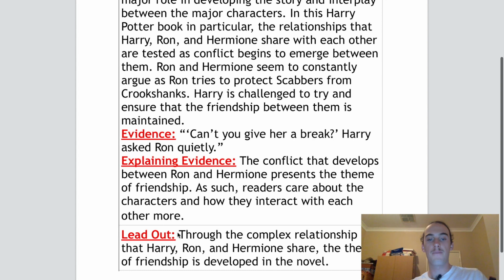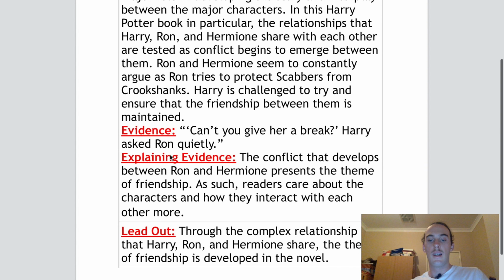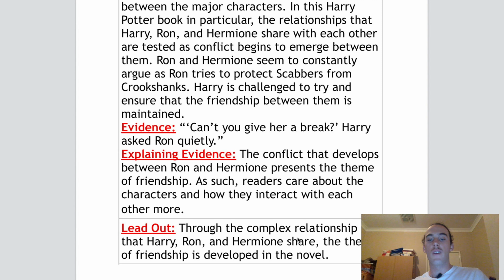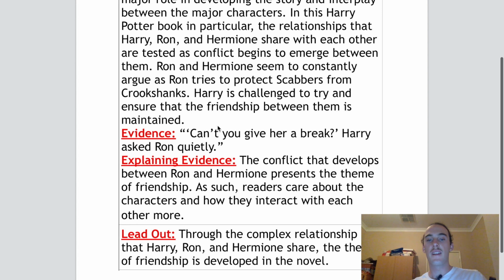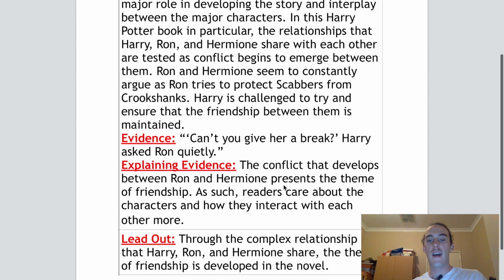So I'm leading out now, wrapping it all up. Through the complex relationship that Harry, Ron and Hermione share, the theme of friendship is developed in the novel. So I'm reinforcing my key points. I'm reinforcing what I'm really trying to prove. I haven't repeated a sentence that I've said here, I'm just reinforcing it. And you'll notice that